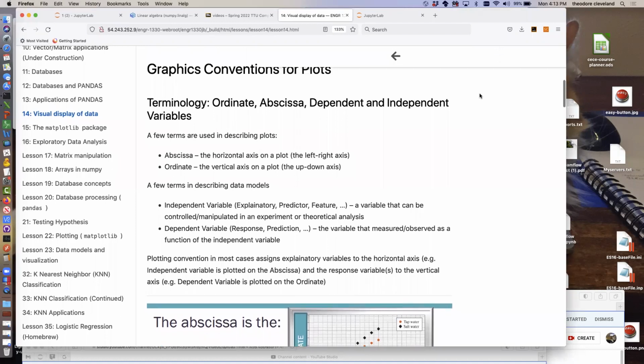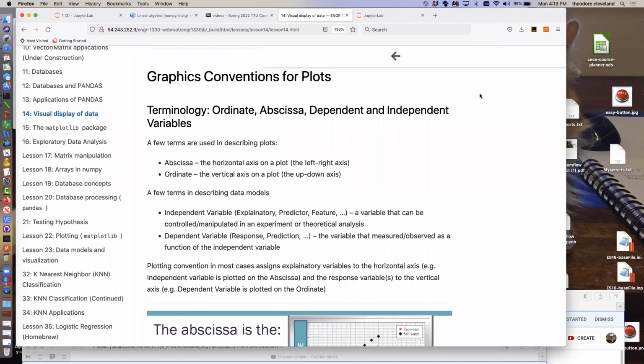Okay, so let's look at some graphics conventions for plots. So these, the word convention means a collective agreement. So we